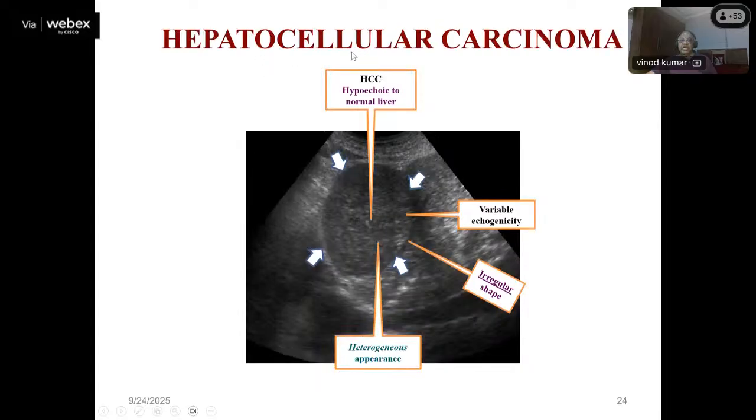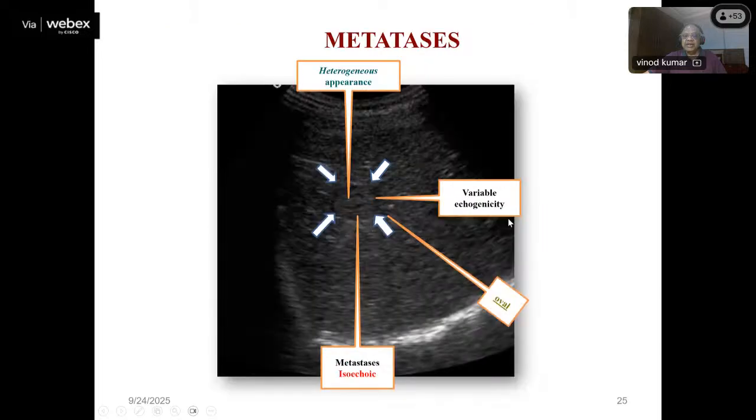Like this hepatocellular carcinoma, it is cancerous. See, this is my liver. It is hypoechoic. Again, you will see from the liver, it is less bright. Heterogeneous, here you will find the texture is not homogeneous, it is randomly distributed. Even the shape is not oval or regular. If you mark the boundary, it will be irregular. And echogenicity is variable. So this is how we get various